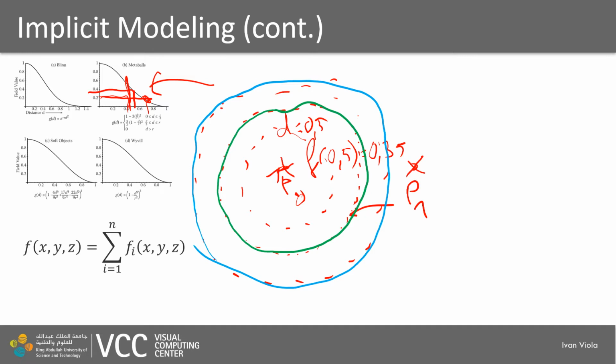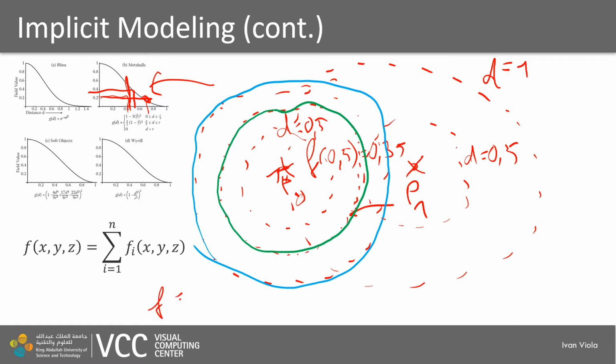So this is 0.5, and this is distance 1, d equals 1, and d equals 0.5. And now we will be interested in, again, functional value of, let's say, again, f equals 0.2, but not of